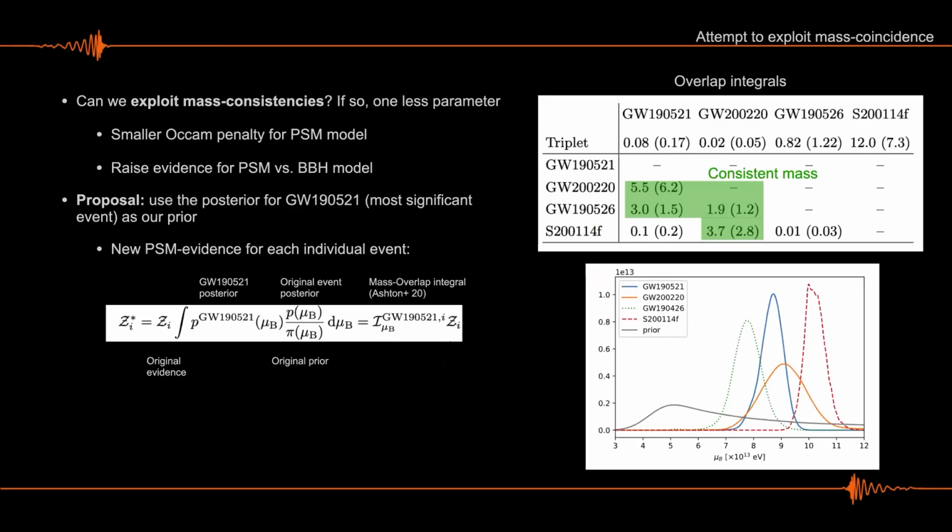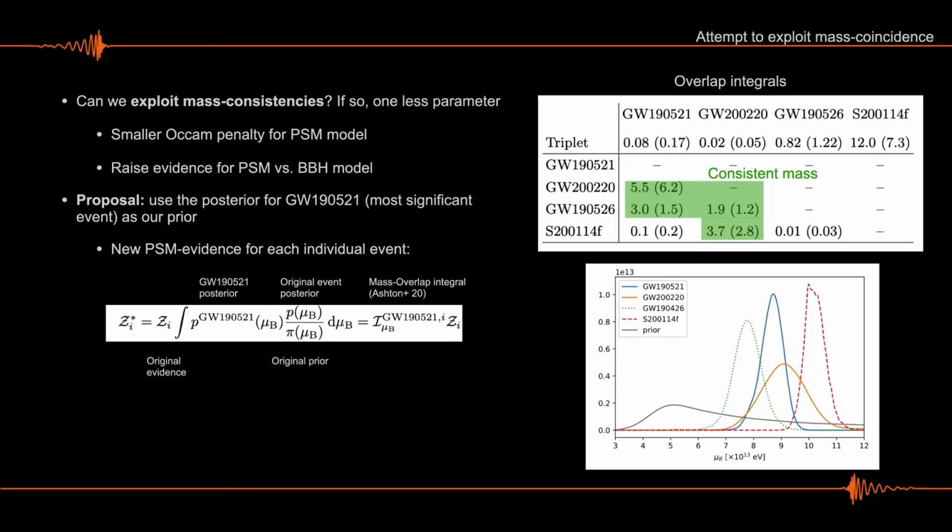And how is this relevant? Well, it's relevant because if you can attach to a single boson mass in your analysis of all of the events, you're going to reduce the amount of parameters you use, and then your evidence is going to shoot up. If this happens, then your potential fraction of events in the universe should increase, or within the population responsible for the events you're observing. The amount of agreement between 2 masses can be computed by what's called an overlap integral. Larger than 1 means that the common source or common boson hypothesis is favored. Lower than 1 is not favored.